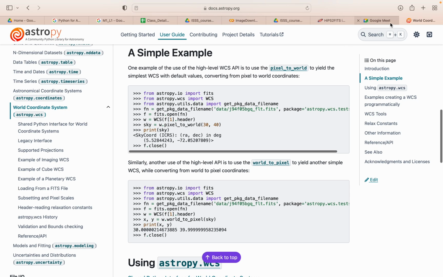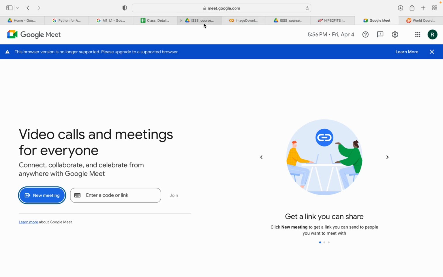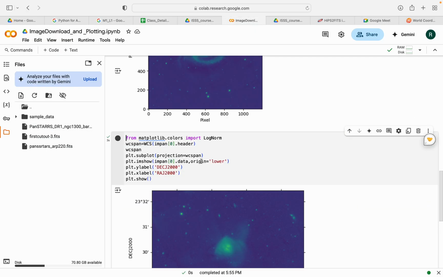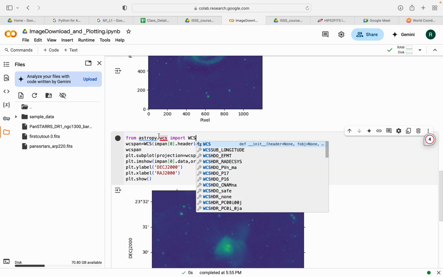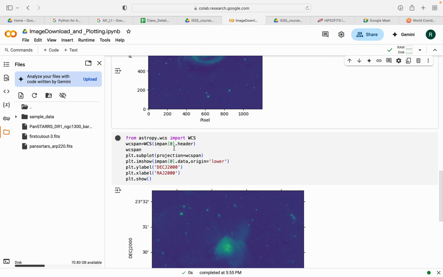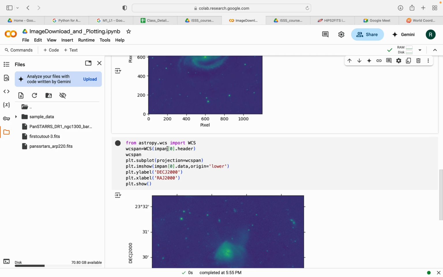You have to import this line: from astropy.wcs import WCS. WCS Panstarrs equals